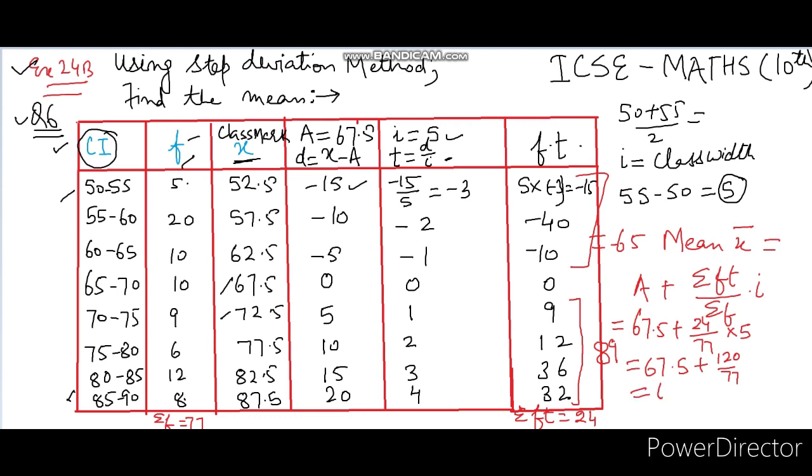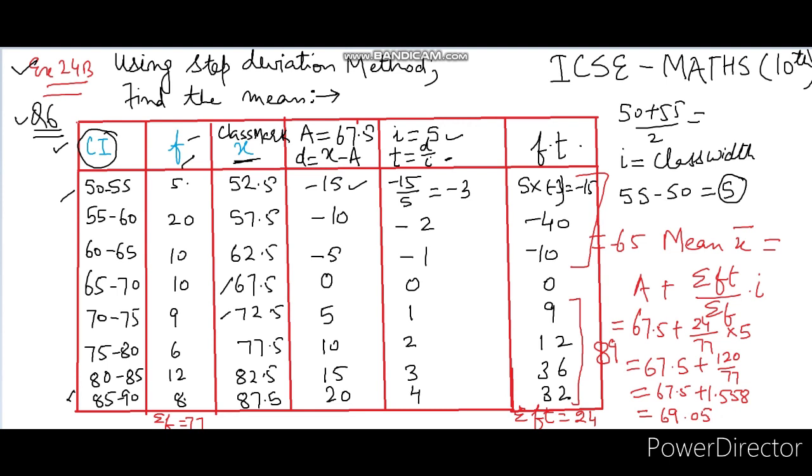Okay, if I solve this, don't go for the long LCMs here, simply keep on solving this last fraction properly. This is going to give me the answer as 1.558, and after adding 67.5 with this number I will get the final value of arithmetic mean using step deviation method to be 69.05. Otherwise here you can write the answer up to 3 places also, but I limit my answers surely up to 2 places unless specified. Okay, 2 places of decimal are more than sufficient, but that should be correct.